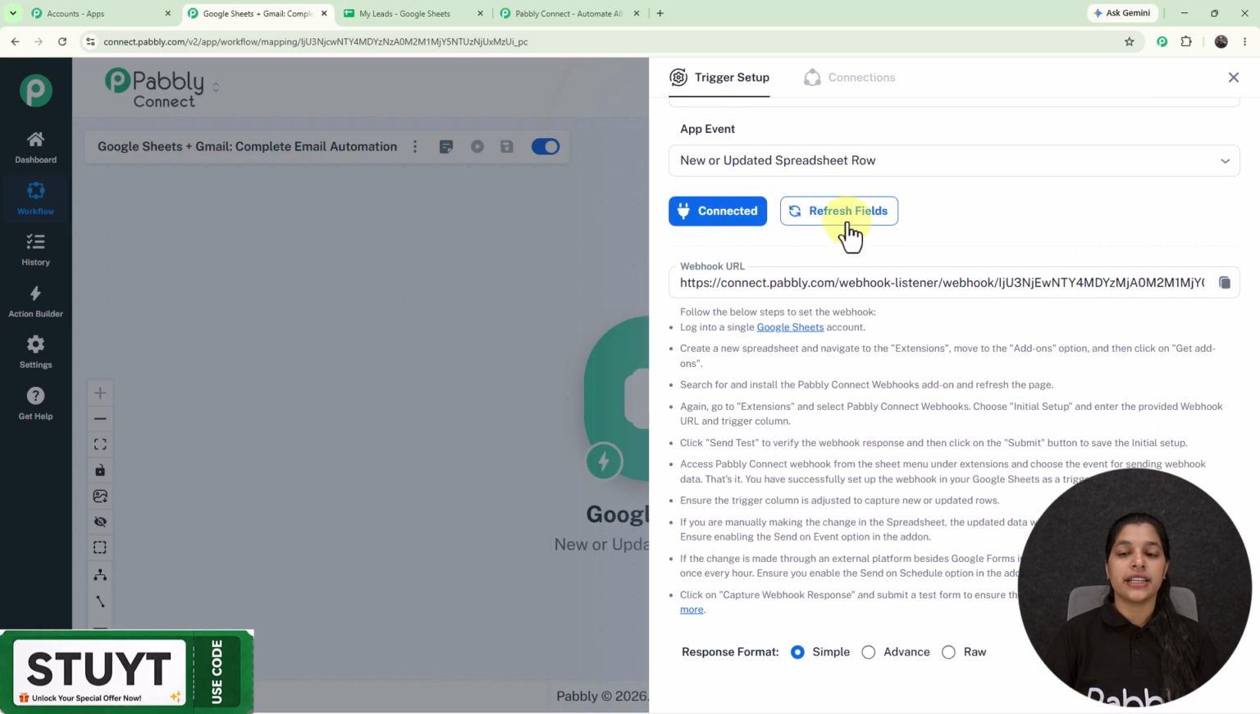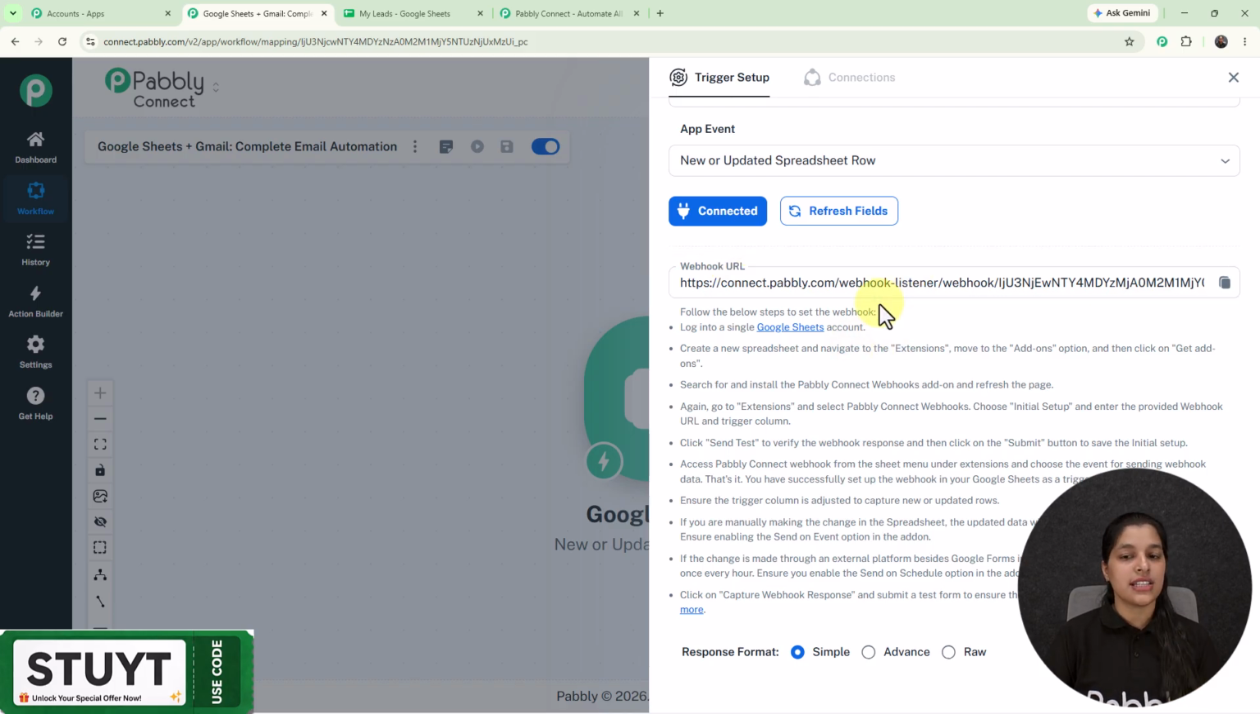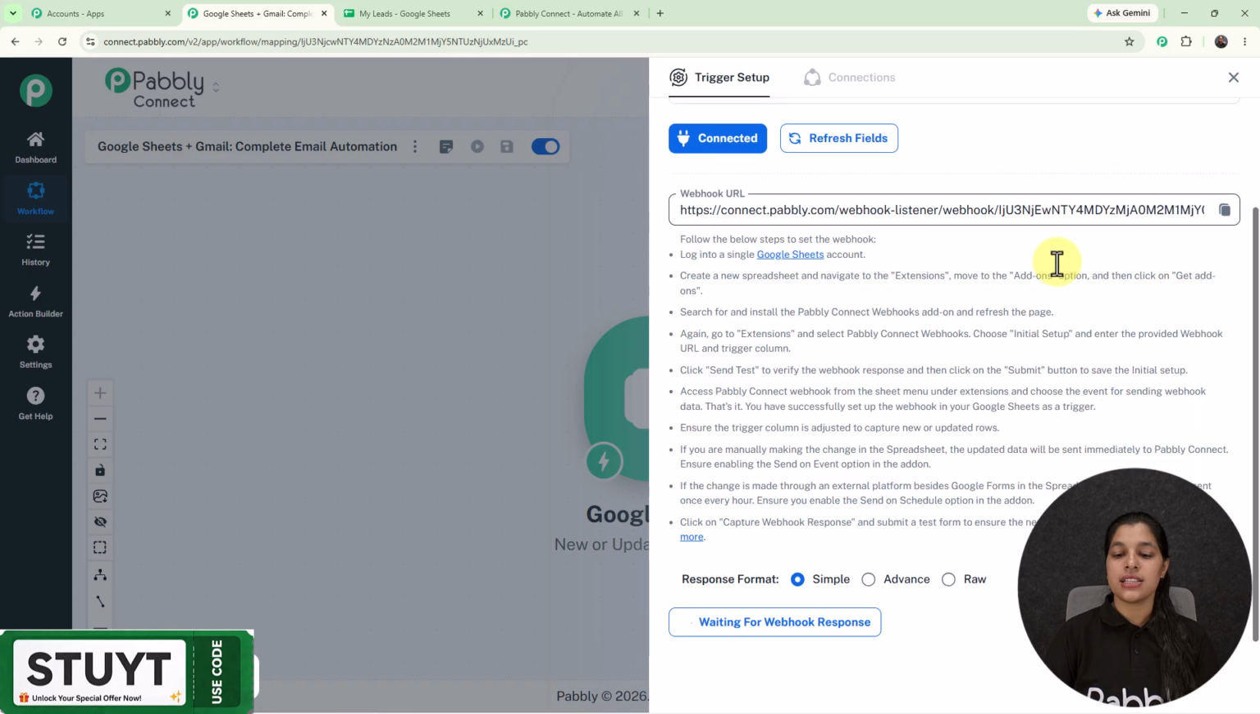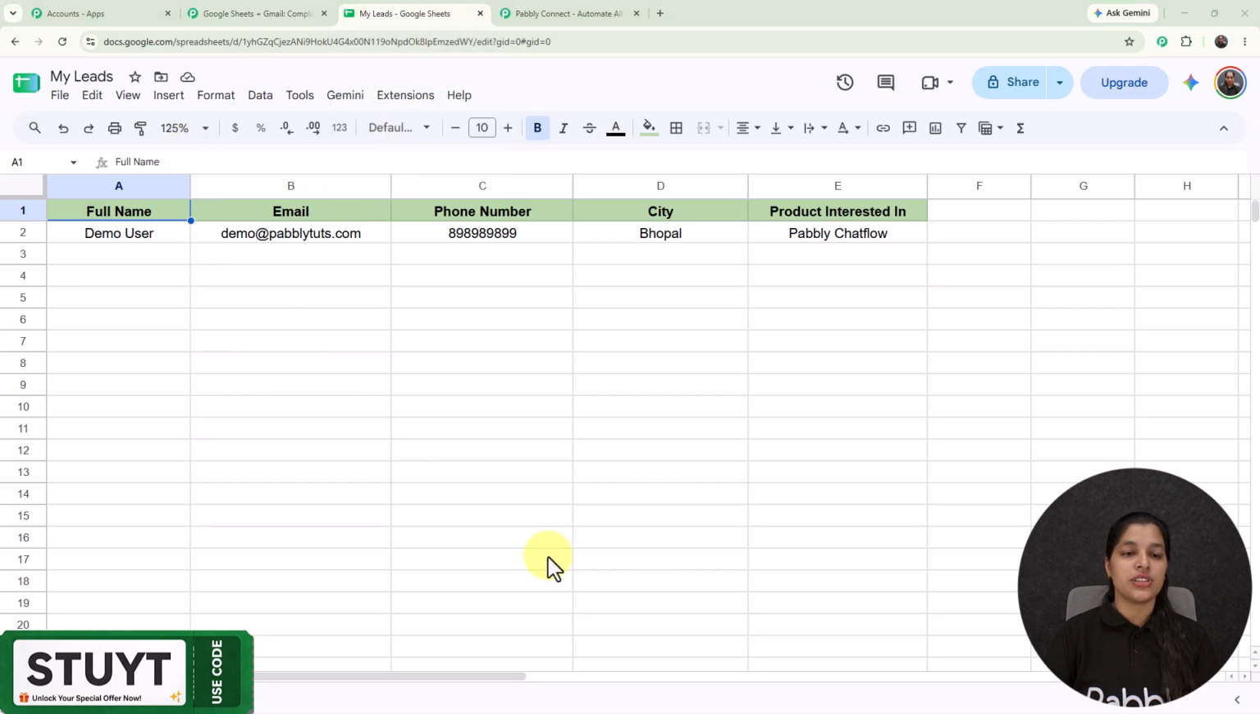And now for building the connection, we have to enter this webhook URL on the Google Sheet from where we want to fetch the data. So basically this is going to act as a bridge between Google Sheet and Pabbly Connect. So now let's copy it, and now let's move on towards my Google Sheet through which I want to receive my data. So right here I'm on my Google Sheet named My Leads where I have already made a